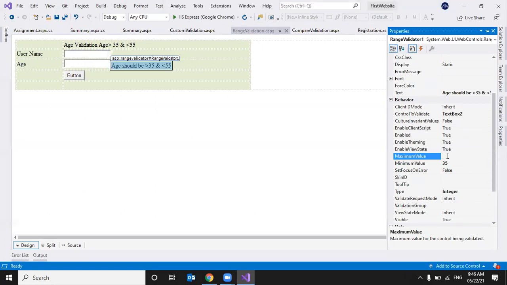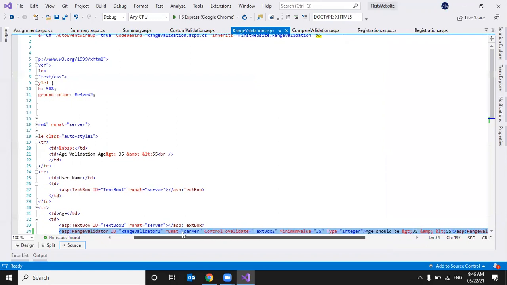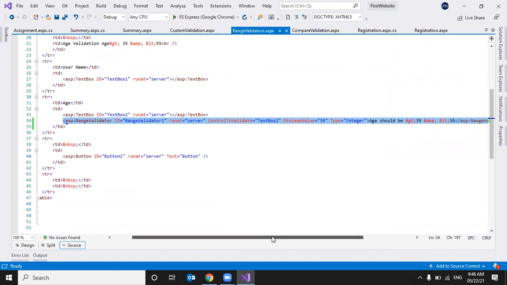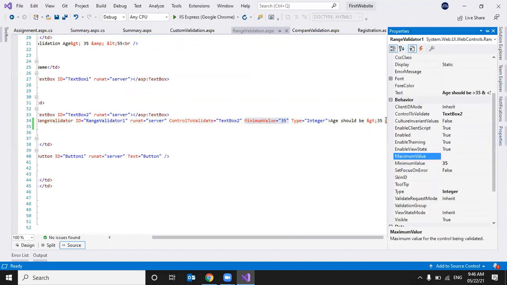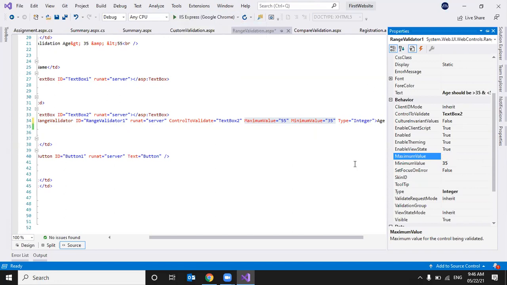Oh, it is not allowing. I think both are required. I thought one would be allowed, but no. Both are required. If you don't give it, it is throwing an error.